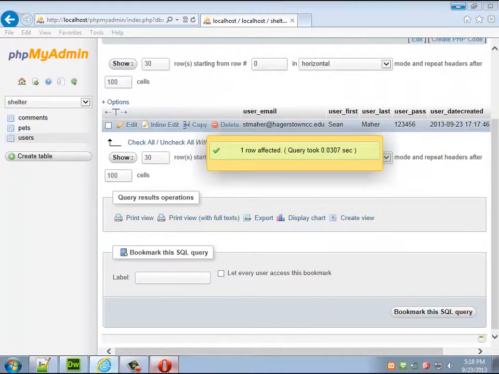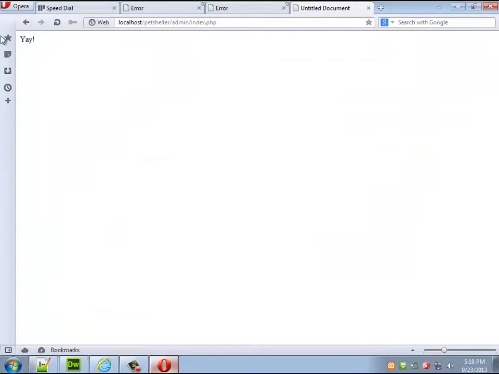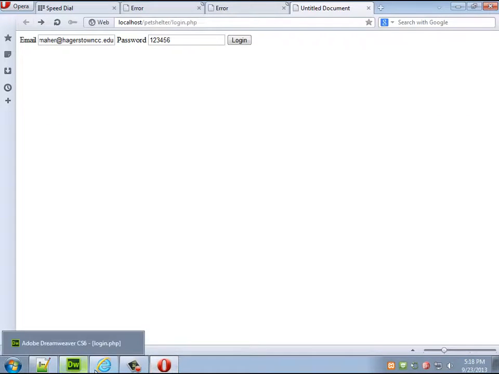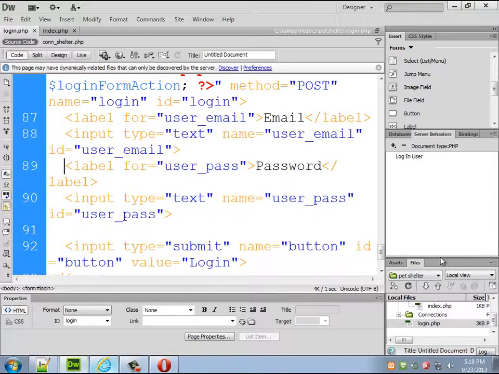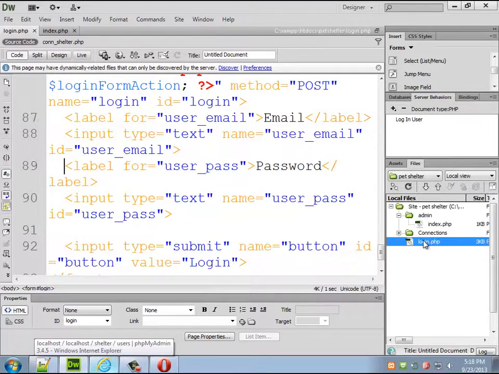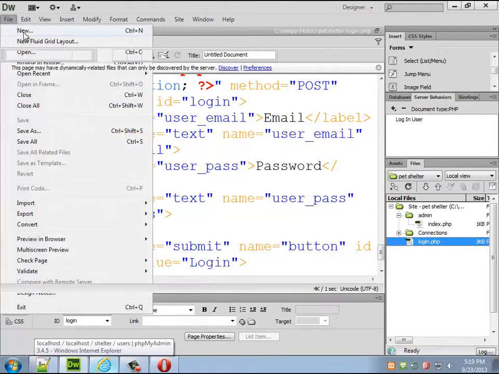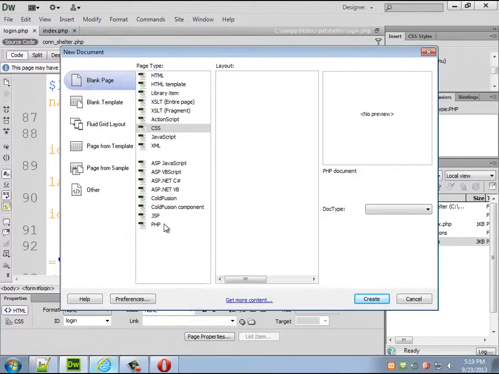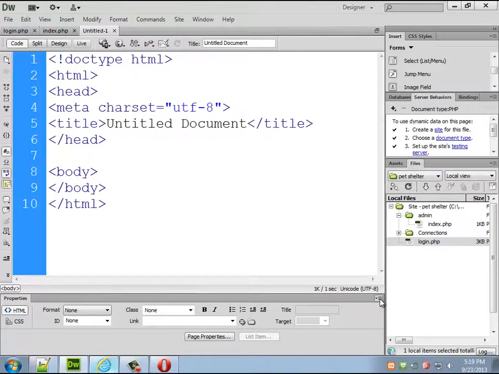Save it. This time, oh, it's still cached. I need to log out before it'll let me do that, so I can create a logout page. This one, if you remember, is really, really simple. File, new, a blank PHP page. Save it as